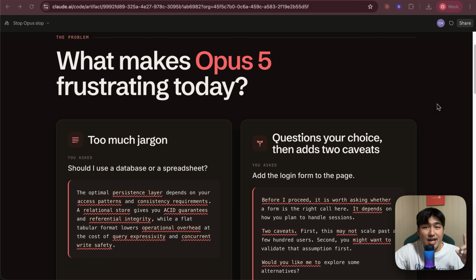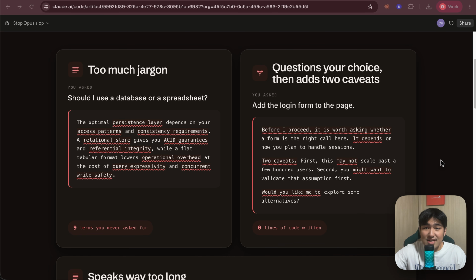So to get started, if you guys have been using AI models like Opus 5 today, you realize it's starting to get extremely frustrating in the way it converses with you, right? And if you guys have been facing AI every single day just like me, here are some examples that might actually be quite familiar to you guys. The very first thing is too much jargon. You realize that when you're speaking to AI, the AI starts talking to you in all these different languages that you do not really understand,